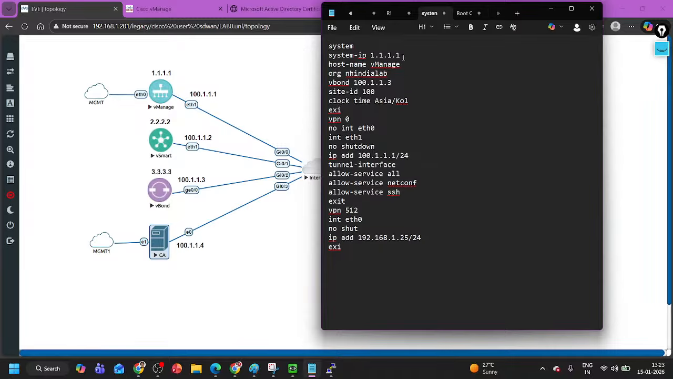What will be the system IP address on vSmart? 2.2.2.2. What will be the host name? vSmart. Organization name is going to be the same, vBond IP address same, site ID same, clock time zone same. In VPN 0, no interface eth1, interface eth1, no cert, IP address 100.1.1.2. Tunnel interface, allow service all, allow service netconf, allow service SSH. And even the VPN 512 configuration is not required on your vSmart. Copy this configuration and paste it on